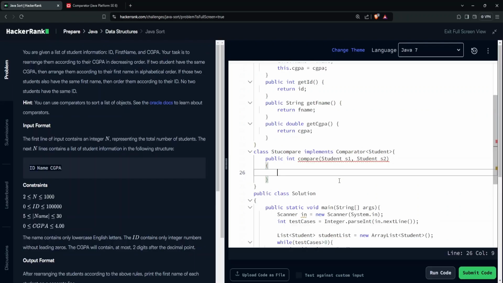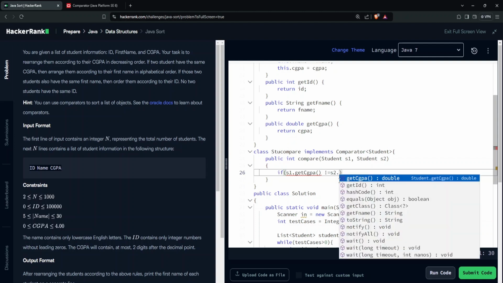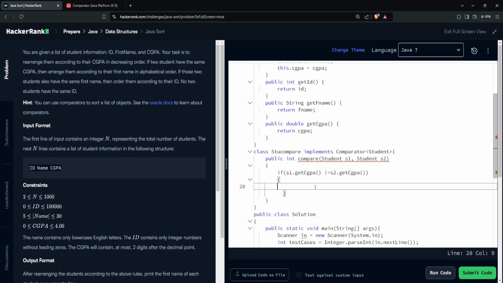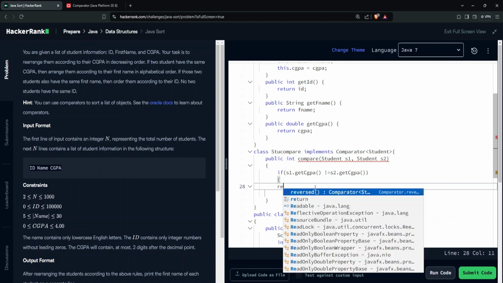So I have to sort my students in order of decreasing CGPA, and I also have to make sure that if their CGPA is equal, they would be sorted by their name. So I'll write an if condition: if student1.getCGPA is not equal to student2.getCGPA. So if their GPA is not equal, I want them to be sorted in reverse order. So I want it to return,